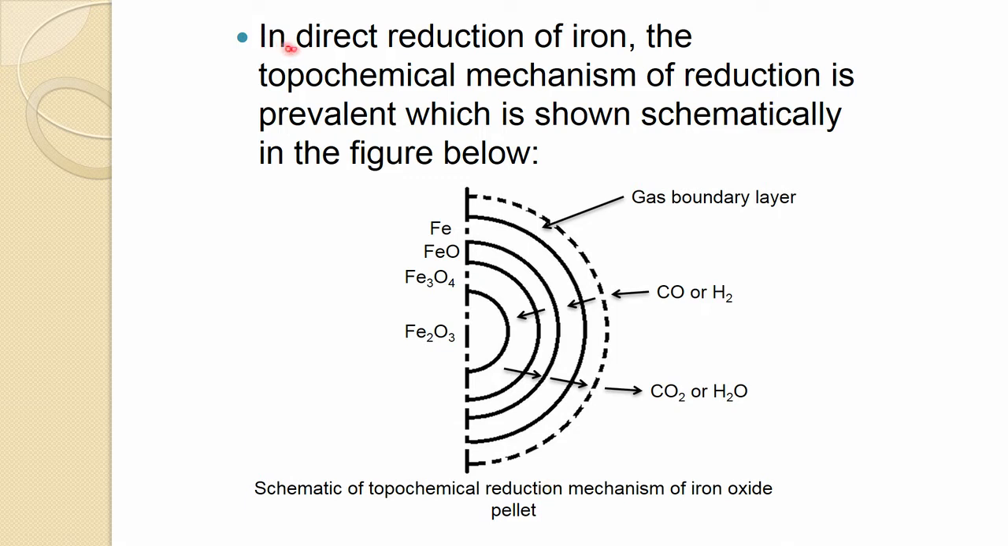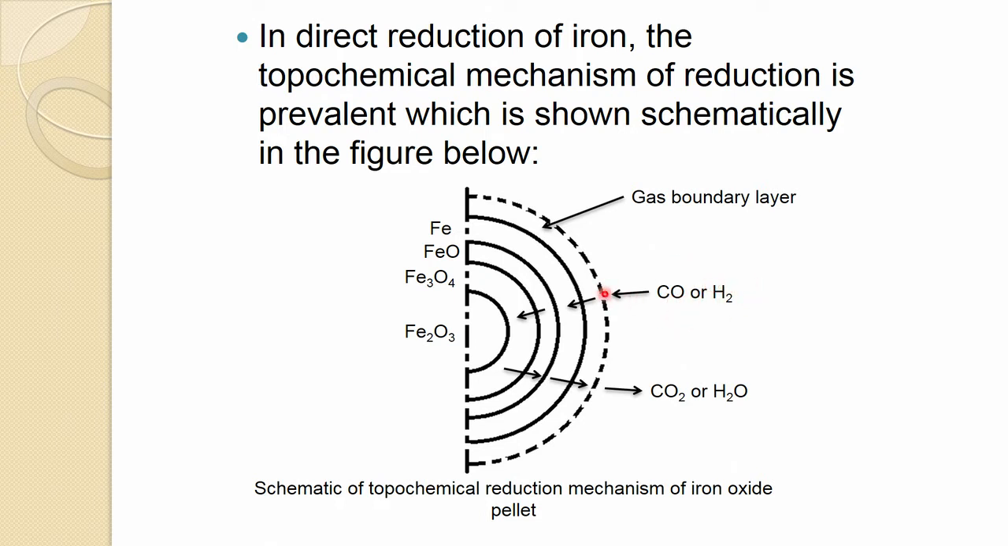So, in direct reduction of iron, the topochemical mechanism of reduction is prevalent, which is shown schematically in the figure below. Usually this is the pellet, shown by a solid line. It is showing the half cross section of a spherical, dense pellet of iron oxide. It is like a Fe2O3 pellet, and when the reducing gas, either CO or